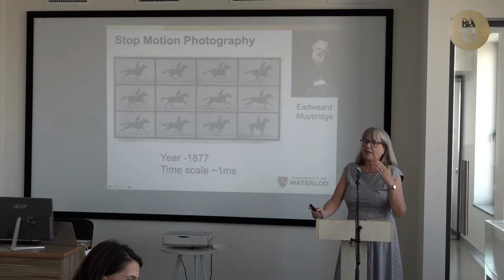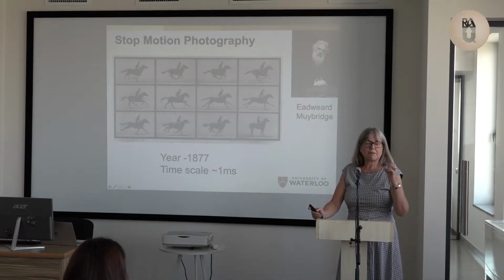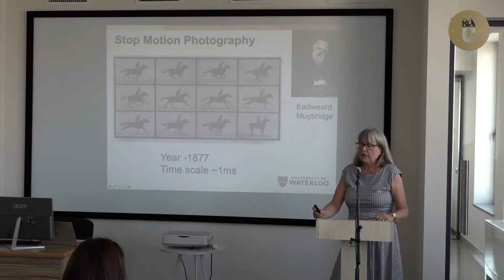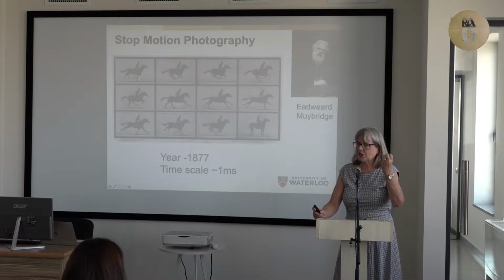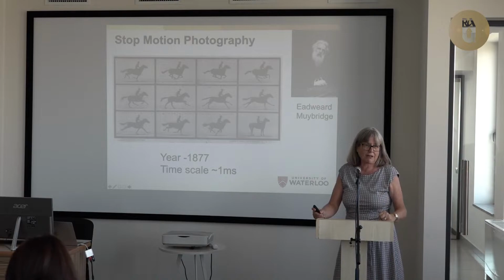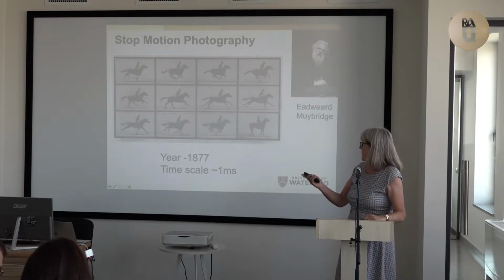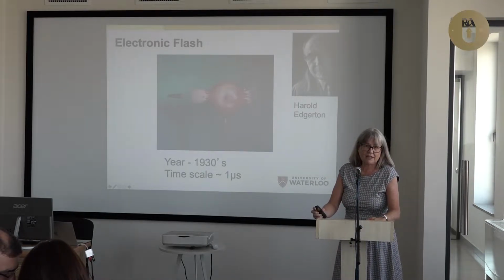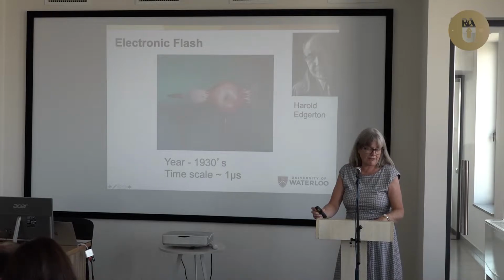And so this is a long time ago. The speed is a millisecond, good for something massive like a horse. And what limited you to a millisecond is the fact that a shutter is actual mass moving. There is a limit to how fast mechanical motion can be. So now you skip ahead 50, 60 years, and we get to Harold Edgerton. He realized you can't open and shut the shutter fast enough.